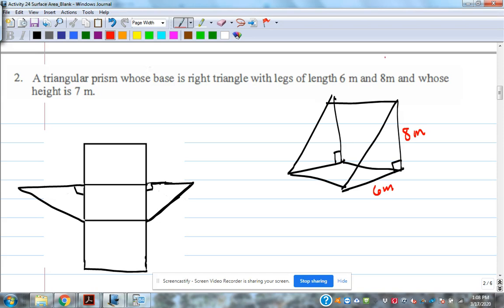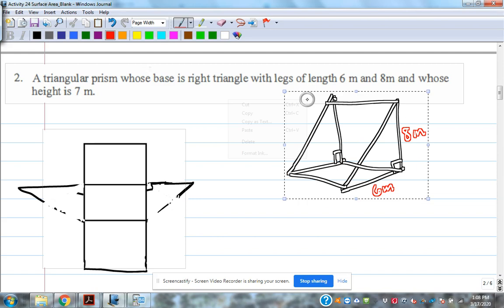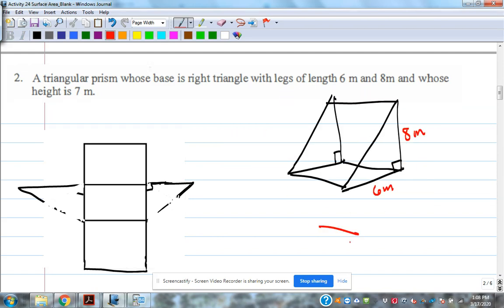So the idea would be if you took this particular triangle and you rotated it so that the triangles are on the bottom and the top. That's the way the formula works, and then the height would be the 7. Right? 6 by 8. So either one of those, the pictures there work wonderful for this. So this is going to be 7 meters. All right. So in our net over here, we've got a 6 by 8, and then it's 7